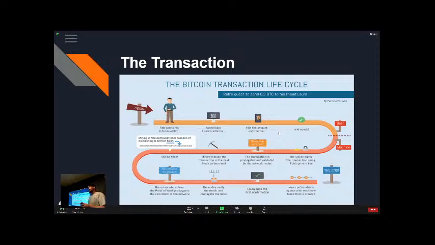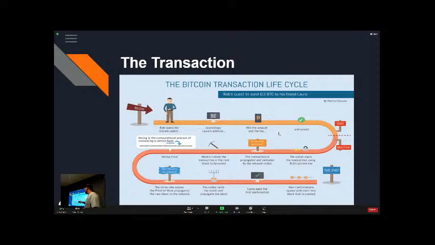So then your wallet's going to use your private keys to sign that transaction. And then it's going to connect to whatever node your wallet is connected to, and it's going to broadcast that information out. And so that's when it's in the mempool now, right? And that's waiting for the miners to pick it up. So when we're talking about setting your fee too low, what happens is before your transaction is mined and put into a block to be verified, it's in what's called the mempool. Now the miners are going to pick the highest reward because they get paid the most, right? So they're going to pick the highest rewards.